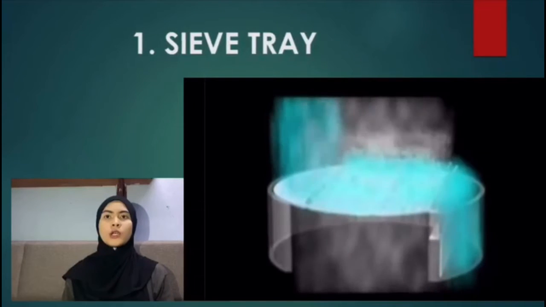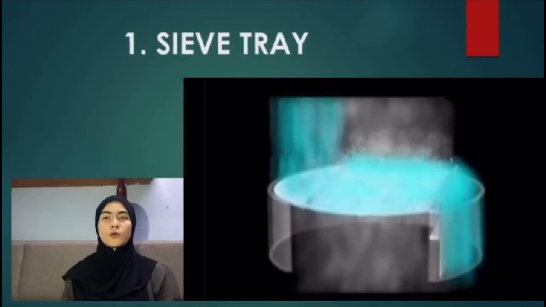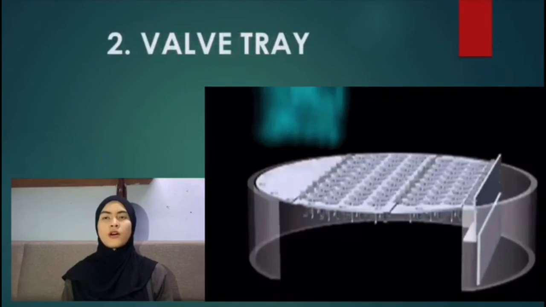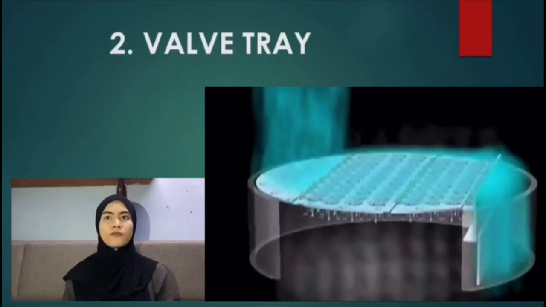The depth of the liquid on the tray is maintained by an overflow outlet, where the overflow liquid flows into the downspout to the next tray below. Next, a modification of the sieve tray is the valve tray, which consists of openings in the tray and a leaf valve cover for